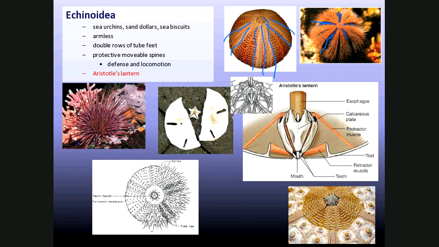Obviously, that's good predator protection. To me, one of the most fascinating things about the echinoderms, or excuse me, the echinoidea of the echinoderms is a thing called Aristotle's lantern. This is their feeding mechanism. If you ever take a sand dollar or a sea biscuit and you shake it, you hear this rattling around inside. And if you open it up, you might see something like, oh, it looks like another little star inside. Well, sea urchins and sand dollars and sea biscuits have their mouths on the bottom, just like sea stars do.